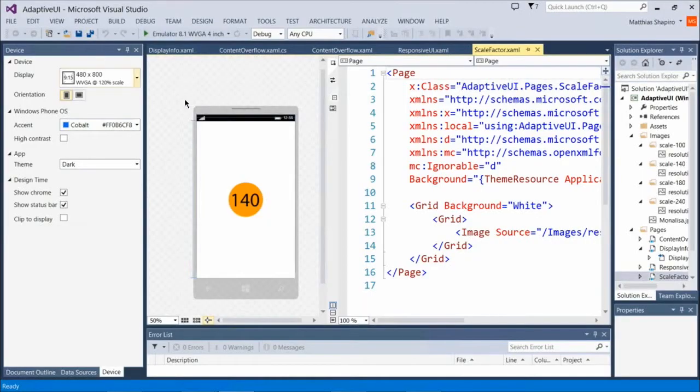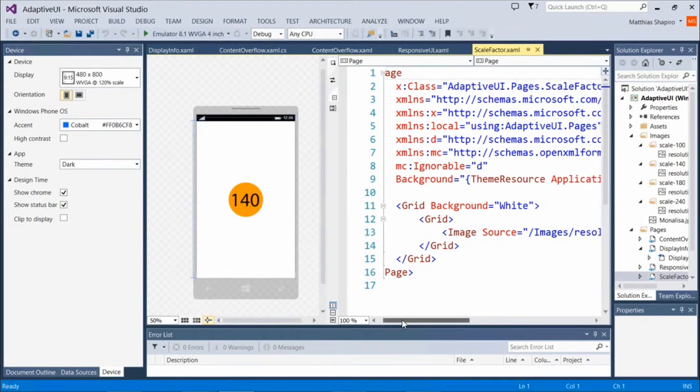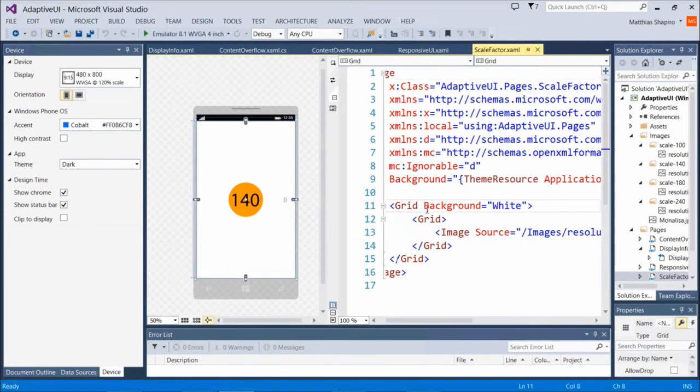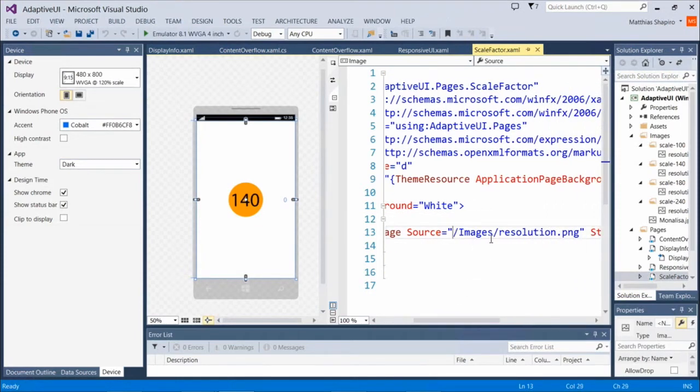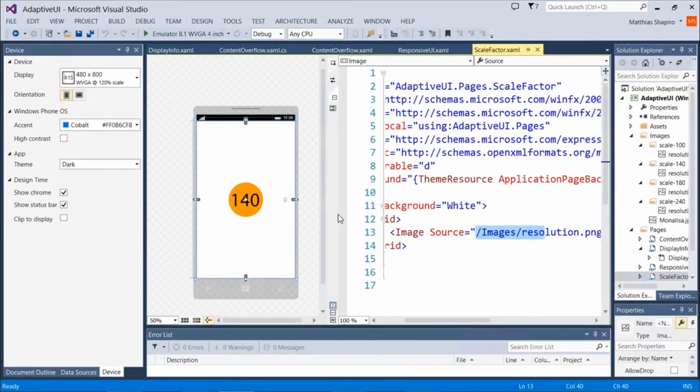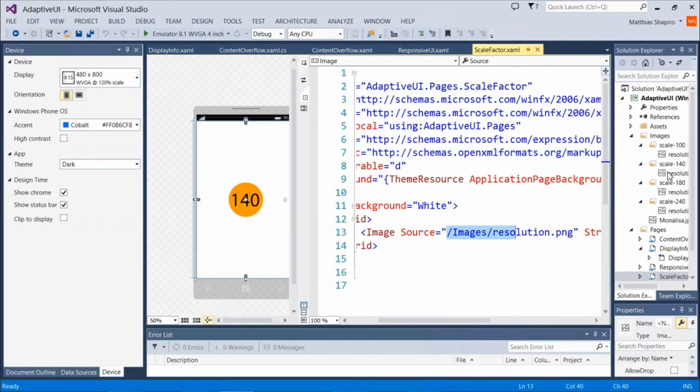This is actually very cool because it shows off the tools that we have and how powerful they are for doing things like managing these different resolutions. This is a really complicated application. It is a grid with another grid and an image inside. And the image is set to this resolution.png. And if we open up our